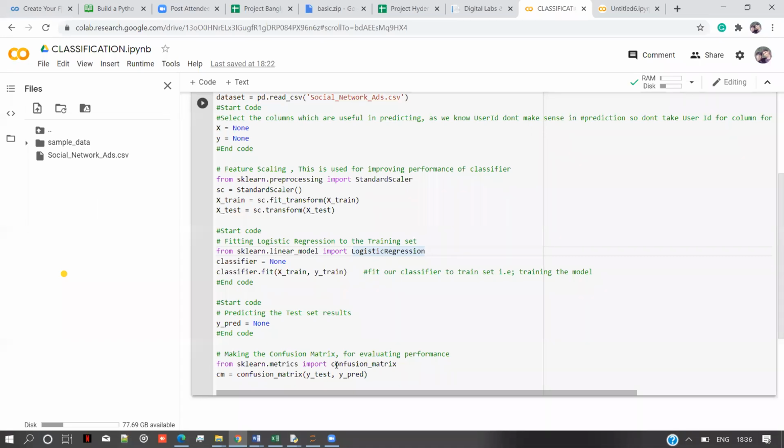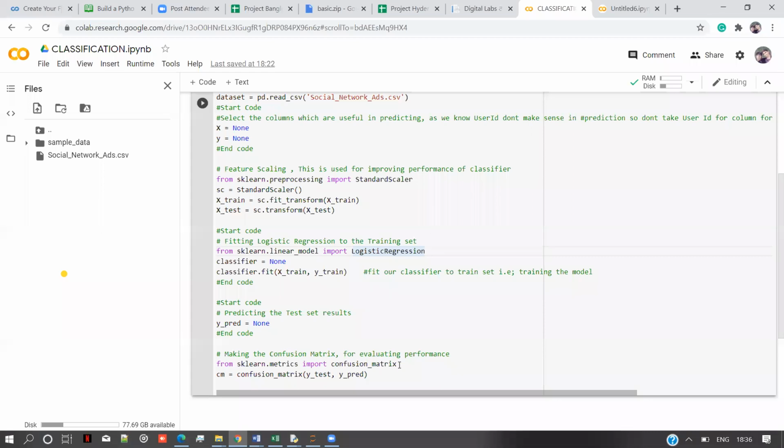We'll evaluate each time for each regressor we use. Evaluating means we'll find out the performance for each regressor, and we'll see which regressor is best, and we'll use that regressor for this data set.